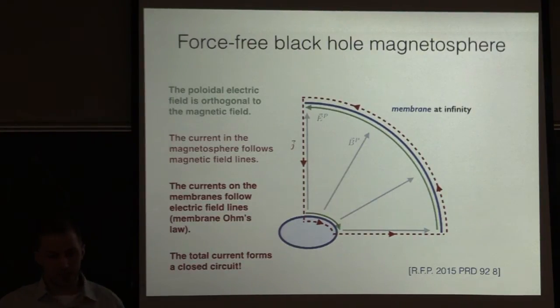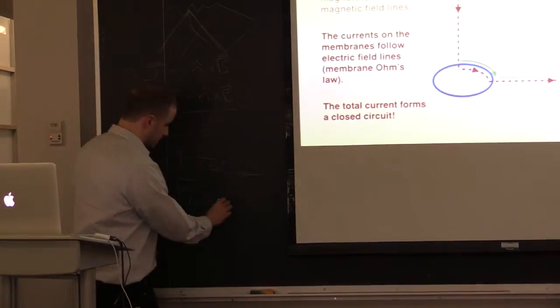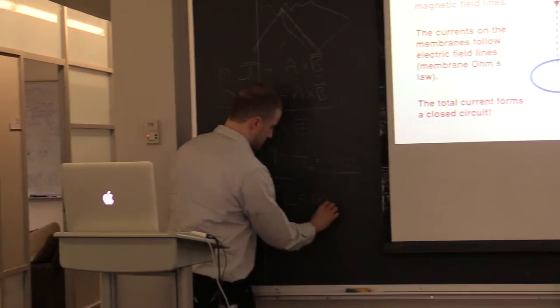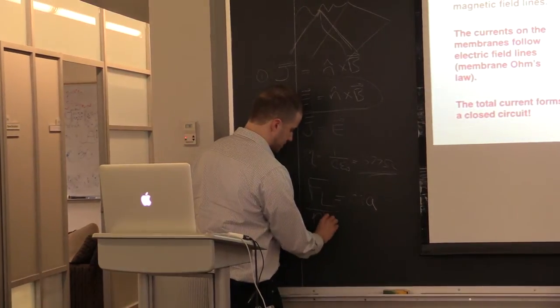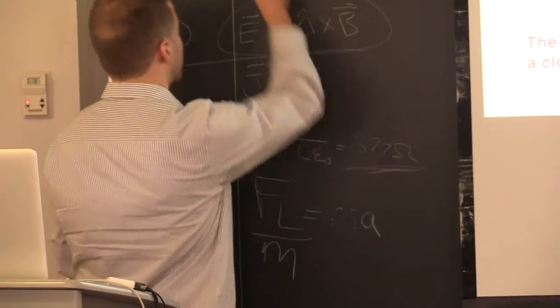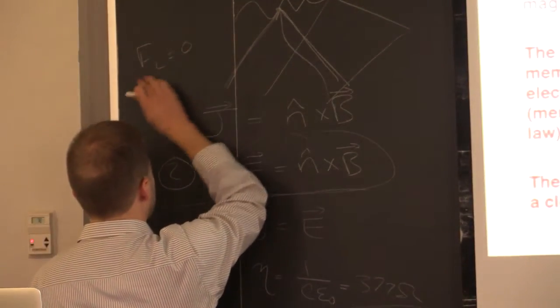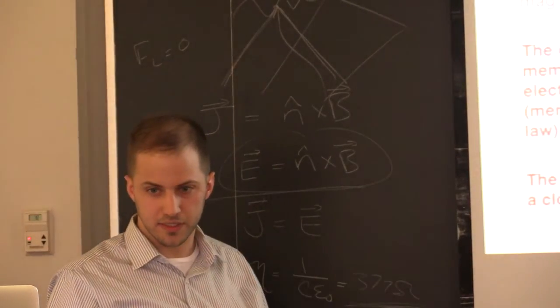And in that approximation, you can assume the Lorentz force vanishes, because if it didn't, particles would move around to try to cancel it out. If you set the Lorentz force equal to ma, and the particles have negligible inertia, you're in a limit where the particles can short out any Lorentz force that appears. So the Lorentz force is 0. And then by writing out the Lorentz force and taking dot products with J and B, you can derive those properties I just mentioned.